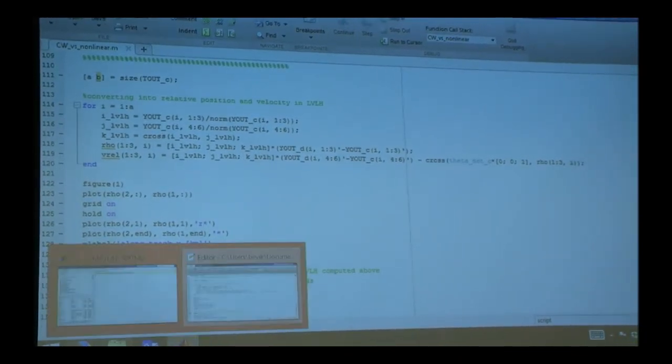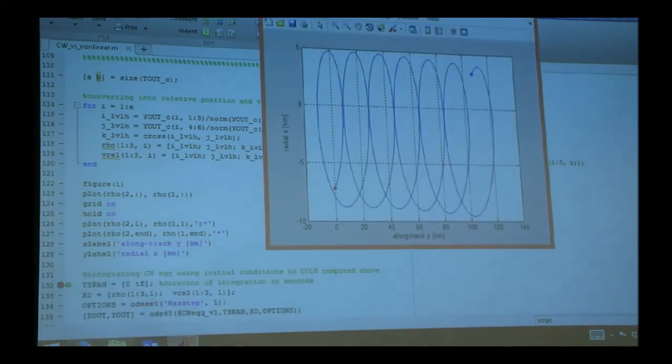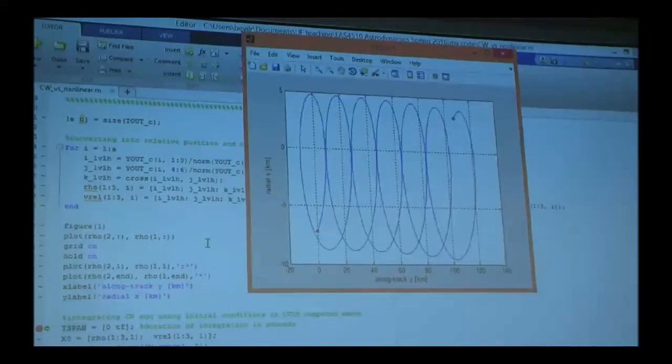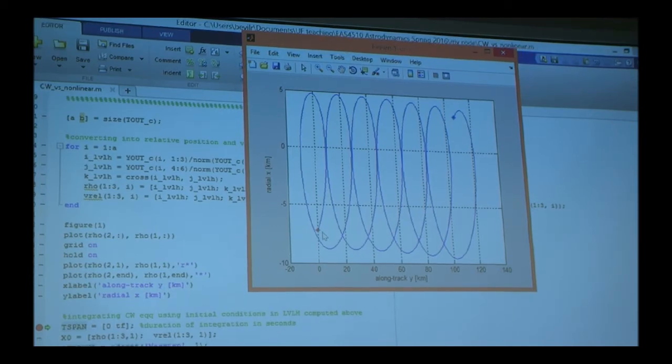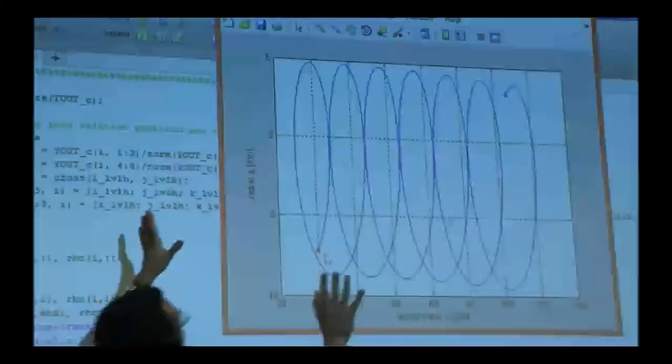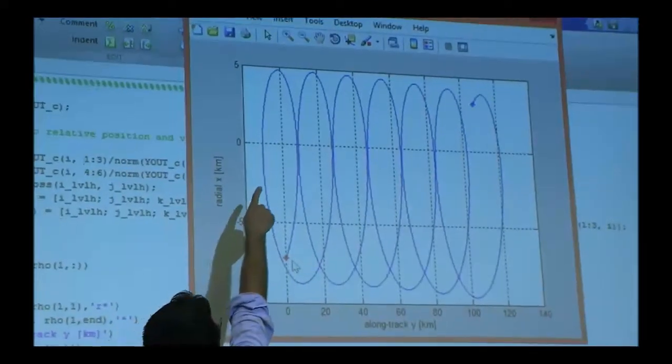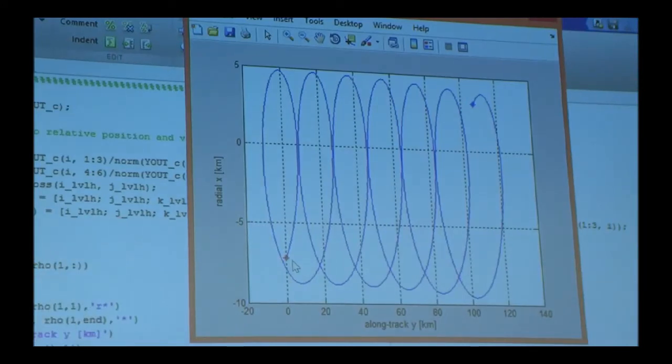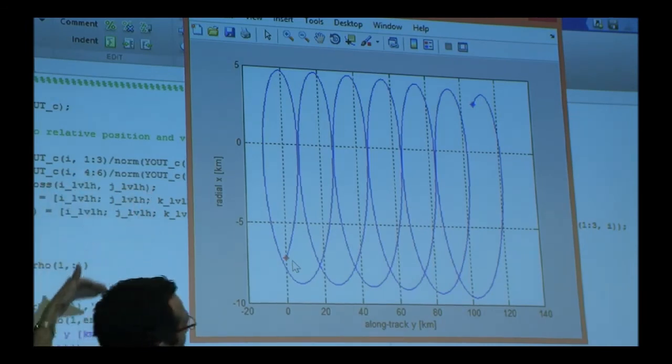What's going on? It's thinking a lot. Okay. I think the star is the starting point. Notice one thing, well, we'll talk about Clohessy-Wiltshire in a second. That is where they started from. The chief is sitting right there, at 0, 0. That is by definition where the chief is, because this is the relative plane, the plane xy of LVLH. And I have x this way and y that way.